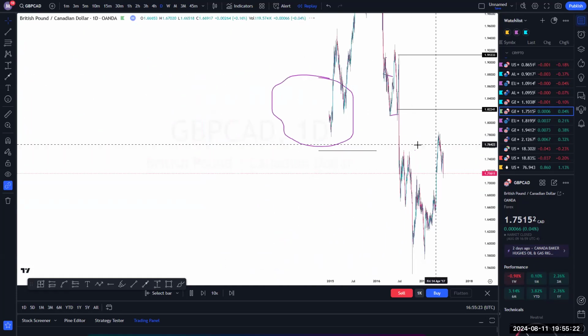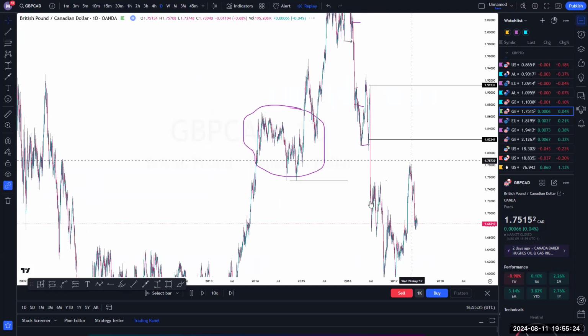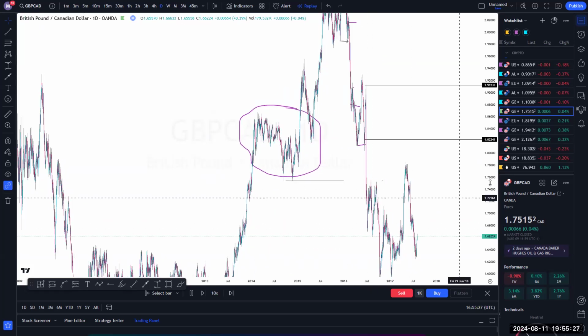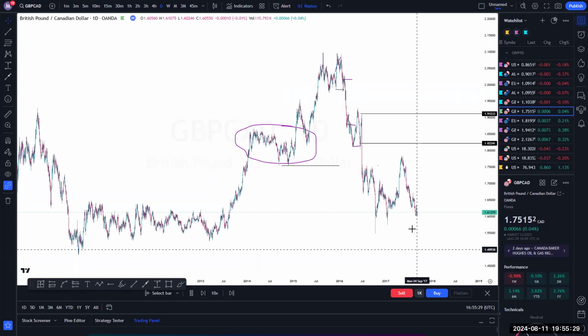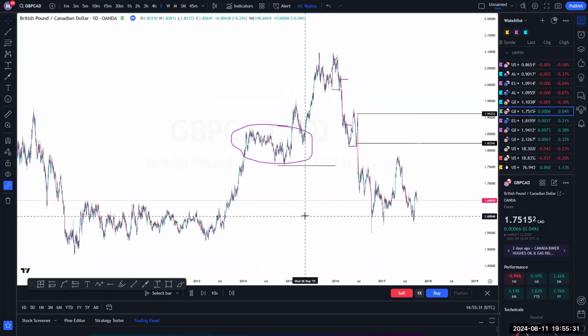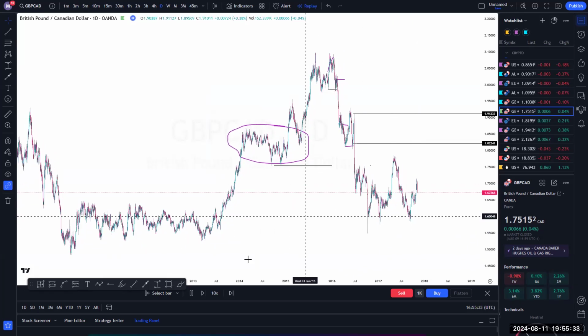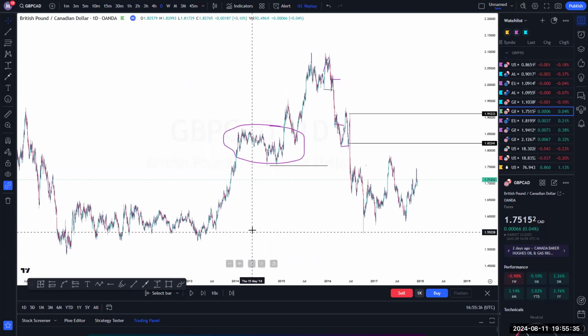So we have that liquidity flip there. So you have now to be patient enough and wait for the right opportunity. So now we have that liquidity flip, but when you look closely here,